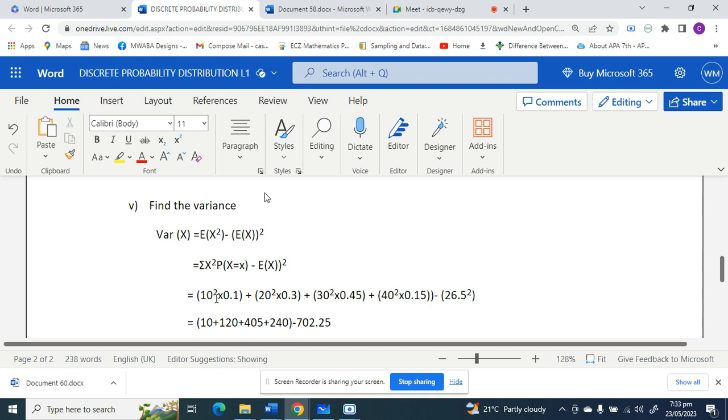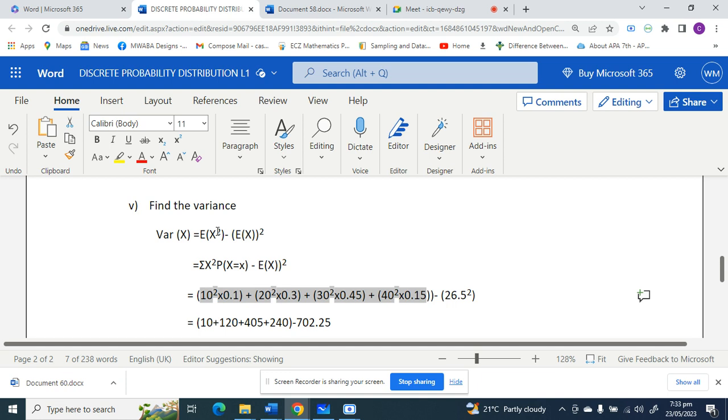As you can see, 10 squared times 0.1 plus 20 squared times 0.3 plus 30 squared times 0.45 plus 40 squared times 0.15. The same format we're using to get the expected value, only difference is we are squaring our x,